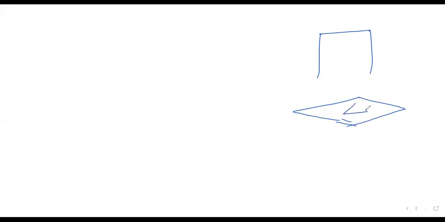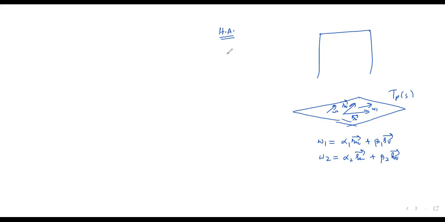Now what I want to show that, now you have to remember this। अगर मैं इसको इन्वर्ट करूं अपने प्लेन को, वैसे मैं ऐसे ही बनाता हूँ ताकि शायद ज्यादा कंफ्यूज हो जाए, पता नहीं हो गया कि नहीं हो गया। Now I have got this W1 is some vector here, है ना, and W2 is some other vector जो भी है यहाँ पे, but I have a basis of this tangent plane। So इसका मतलब W1 can be written some alpha times R sub u plus some beta times R sub v। Now let me call it alpha 1, beta 1, and of course W2 would be some real number times R sub u plus some other real number times R sub v। ठीक है, तो what I want you to do as a home assignment वो ये है कि